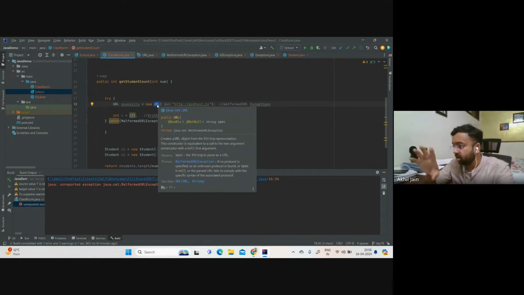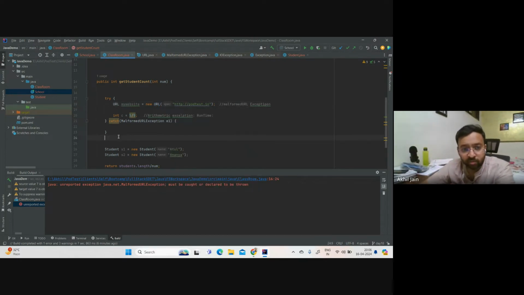That the red sign is gone, because as per the rules of Java, what you've done is, first of all you have to understand it's a checked exception. So you are now forced to handle it. And if you don't handle it, your program will not run, anyhow will not run. So what you can do is either use try catch, or we will see what other approach we can take. But if you use try catch,